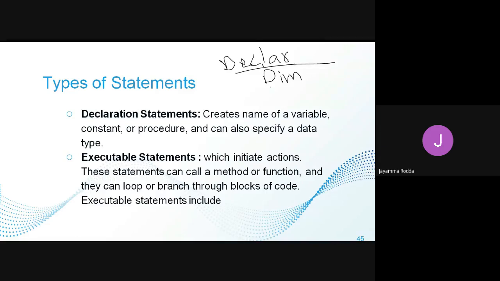Dim is a keyword that we use whenever we declare a variable in Visual Basic. Declaration statements are nothing but whenever we want a particular variable, a constant or a procedure in our program, we have to create it. This creation part is known as the declaration. So in Visual Basic, Dim is the keyword we use to declare a variable. So Dim, what variable? For example, I want to declare a variable called L: Dim L as